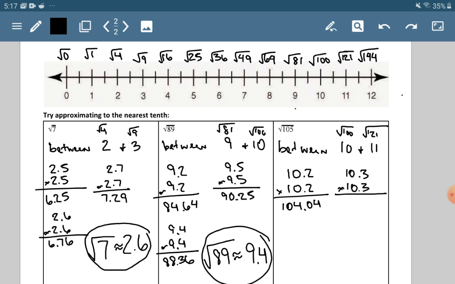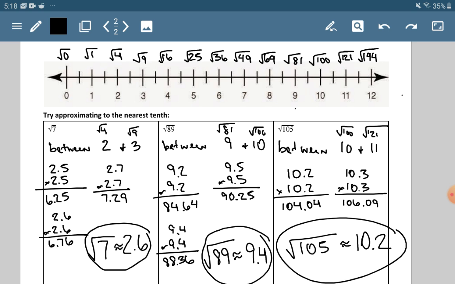If you work out 10.3 times 10.3, you would get 106.09. That does go over. So that means the closest I can get in the 10th place, or the approximate square root of 105, is about, wave equal sign,